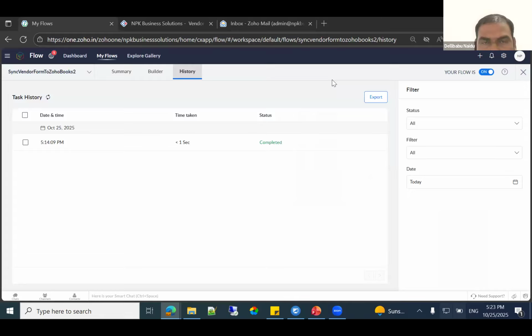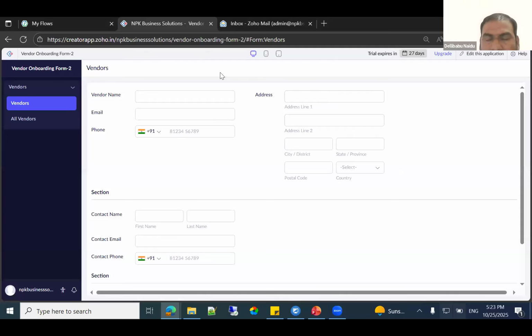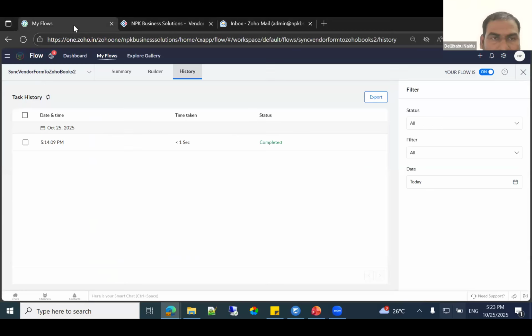You can create your gate entry module, visitor pass module, asset registers, hotel management, service related applications, manufacturing module, fleet management, store module, or any field services or work services related. Anything you can create using Creator, and if required you can integrate with third-party applications using Flow or internal Deluge scripts.